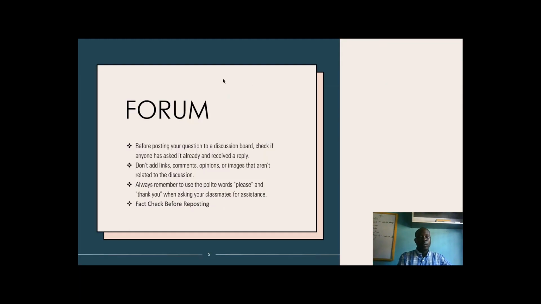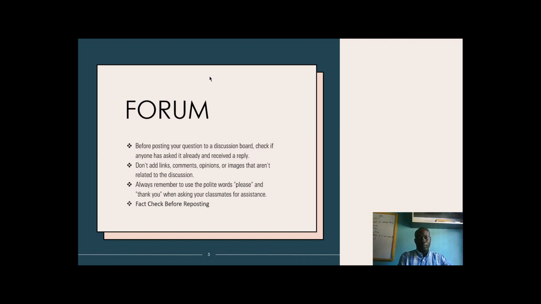A discussion forum is a platform where lecturers put out a particular topic and allow the students to engage or interact or share their opinions about the topic. So there are rules and guidelines that surround this particular activity. So we will be discussing that.